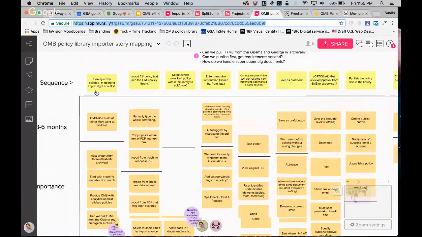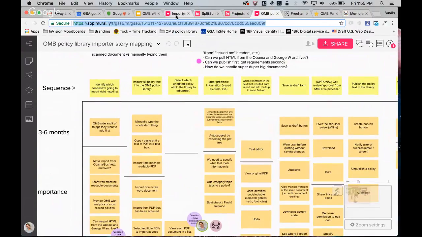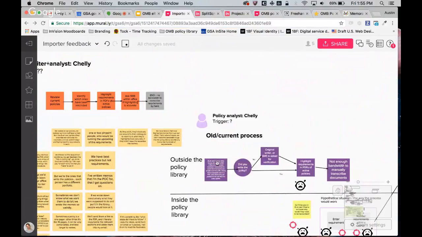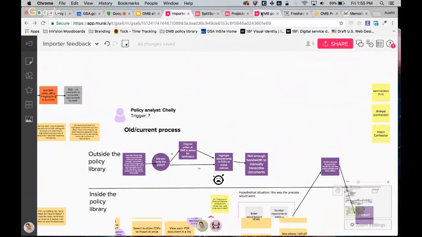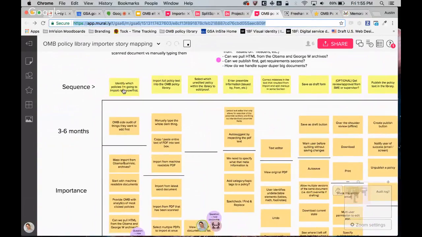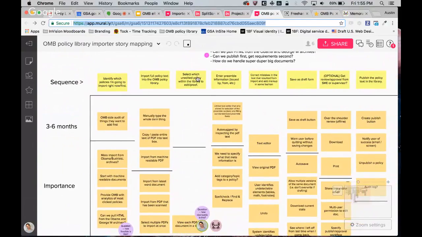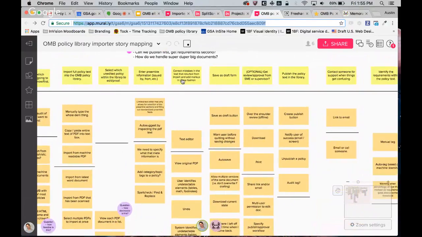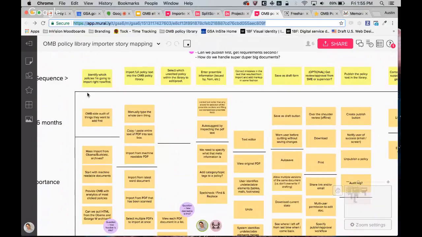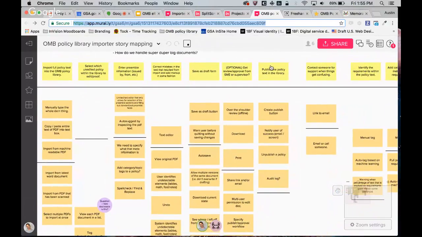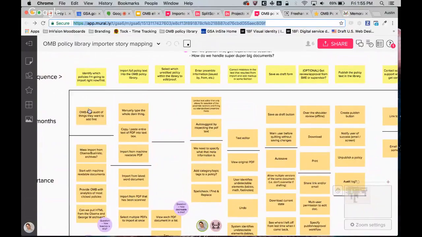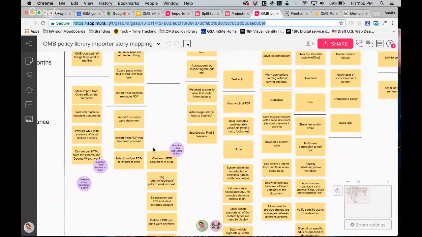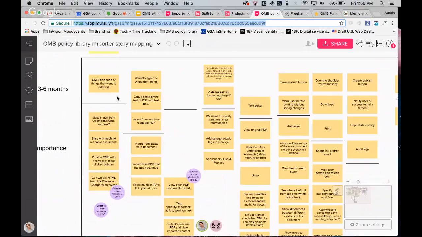mapping session. So basically we took all of the commonalities in process and put them in here at this user sequence. So things that are mandatory in the process of getting from what policies to upload to what policy is going to be published. And we brainstormed yesterday of things that we